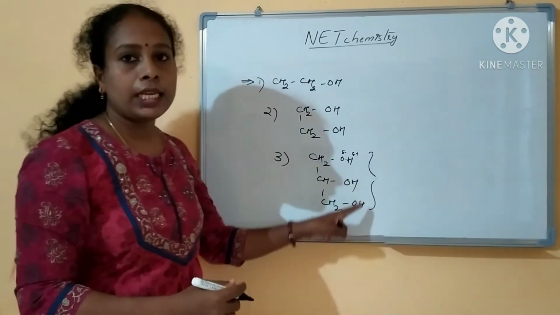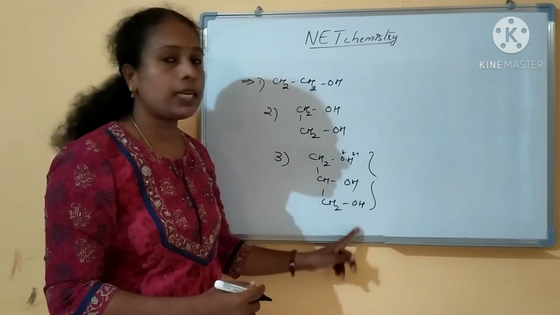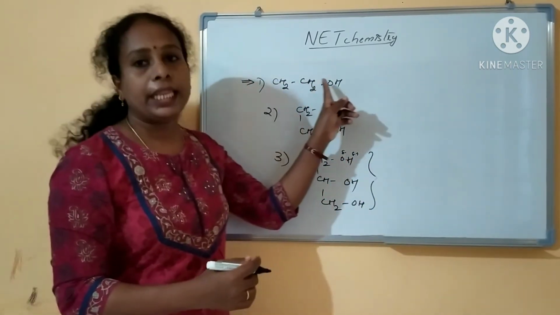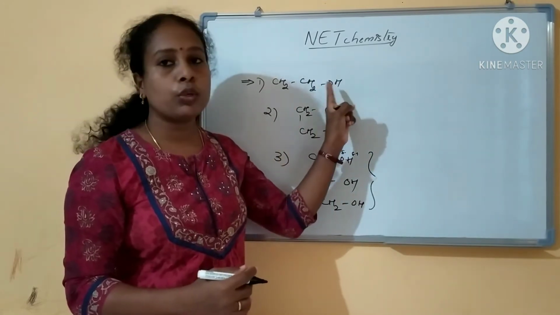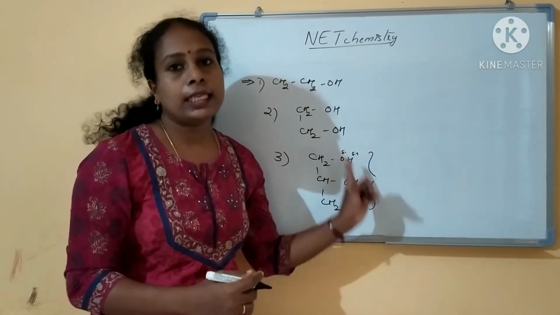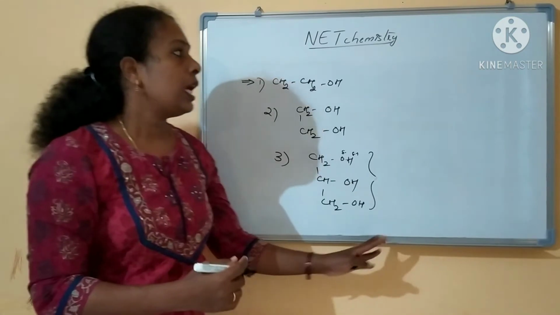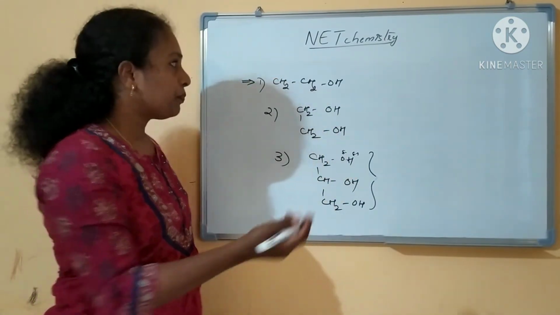So if you see here in glycerol, three hydrogen bonds are present, but in the case of ethanol, it is only a single hydrogen bond. One hydroxyl group only is there, here three are there. That is the reason why it is more viscous. And these are all simple questions.